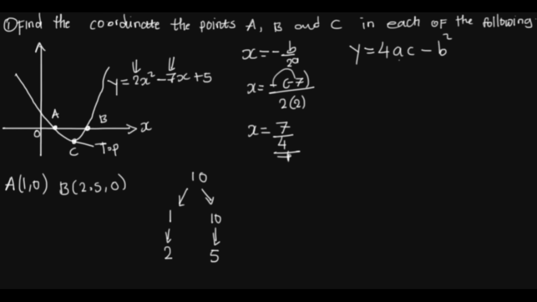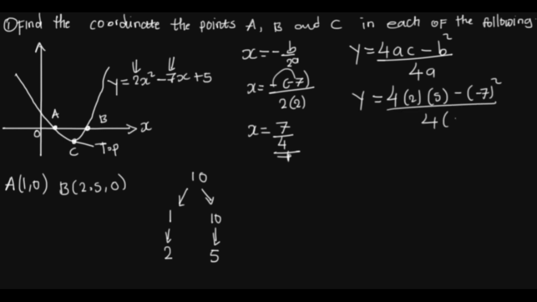4ac minus b squared, divided by 4a. So our a is 2, our c is 5, minus our b is negative 7, then we square it, over 4 times a, which is 2. So you can now multiply 4 times 2, that is 8, times 5, that is 40, minus negative 7 times negative 7, that is positive 49, times negative, that is negative 49, over 4 times 2